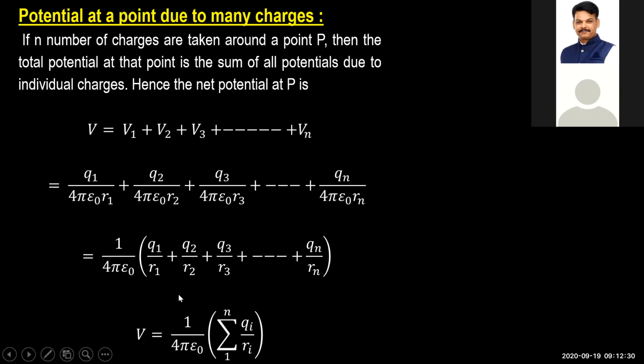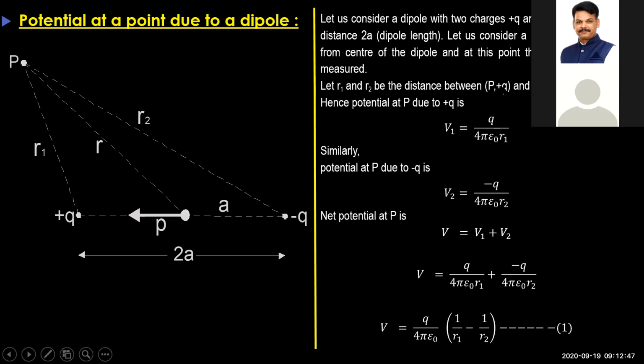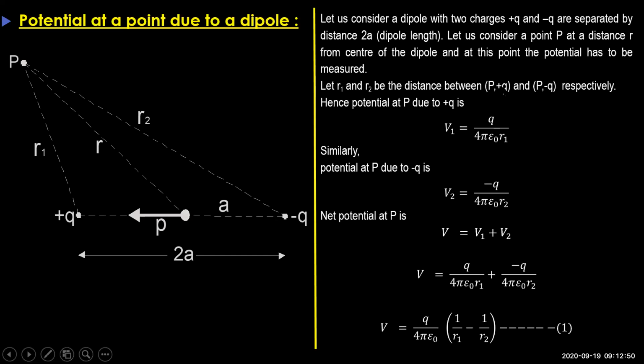In yesterday's class, we learnt about the electrostatic potential at a point due to a single charge and also the electrostatic potential at a point due to many charges together. Today we have to discuss one more very important concept which can be asked under 5 marks, and it is regarding the electrostatic potential due to a dipole. So we have to calculate the equation for potential at point P